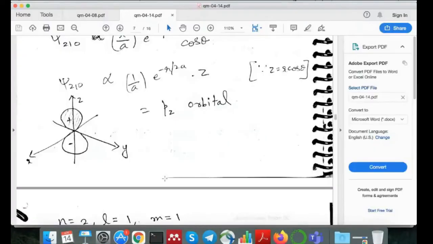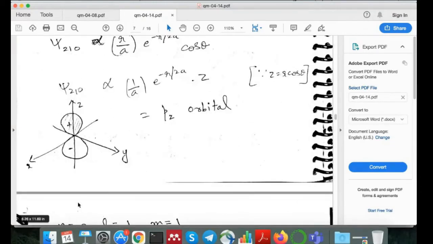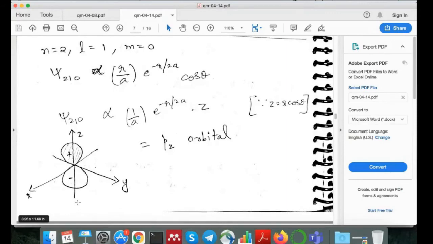Okay. All right. So here, just by looking at the wave function that we got, we can say that this represents the pz orbital. So m equal to 0 case represents the pz orbital. Now we have to see what is the px and py orbital, right? The pz orbital is something that we already learned in our 11th or 12th standard, right? The first time that we learned about orbitals, we already learned that this is how the pz orbital looks like. And now you are actually seeing where it comes from. Why does it have this shape?